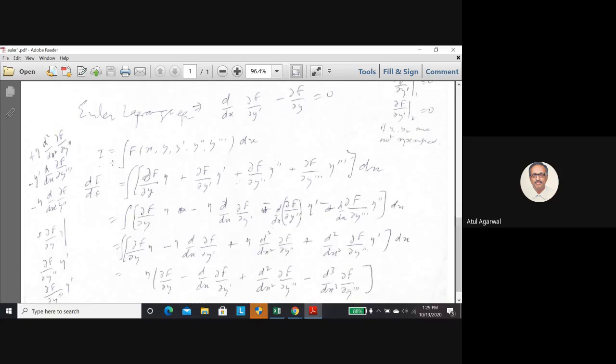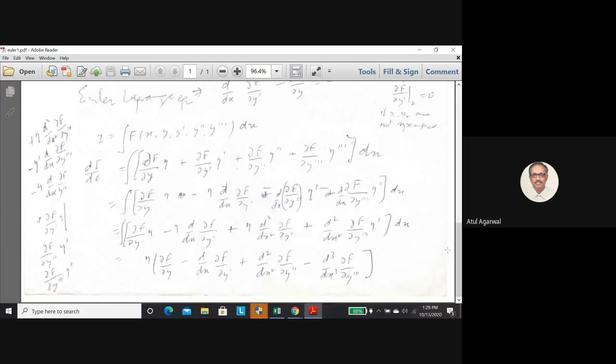Similarly, suppose you had a functional given in terms of x, y, y prime, y double prime, y triple prime. Again, you can develop an Euler-Lagrange equation of this kind. You see here, take its derivative with epsilon. It will be of this form. You've got all the derivatives, so you get all these terms. Then again, you do integration by parts of this term. Initially, it will be eta.